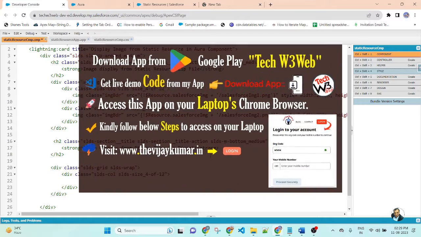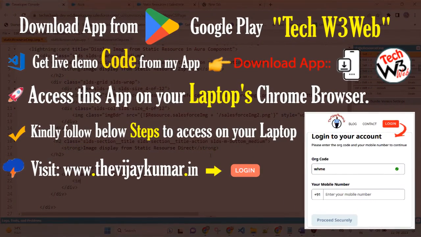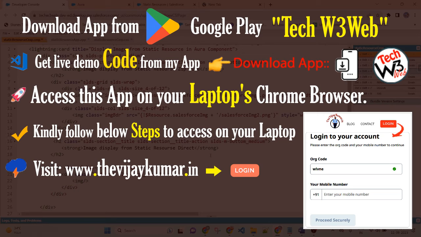Here I will use img src equal to curly bracket, first I will use $Resource dot. This time I will display directly from a static resource.